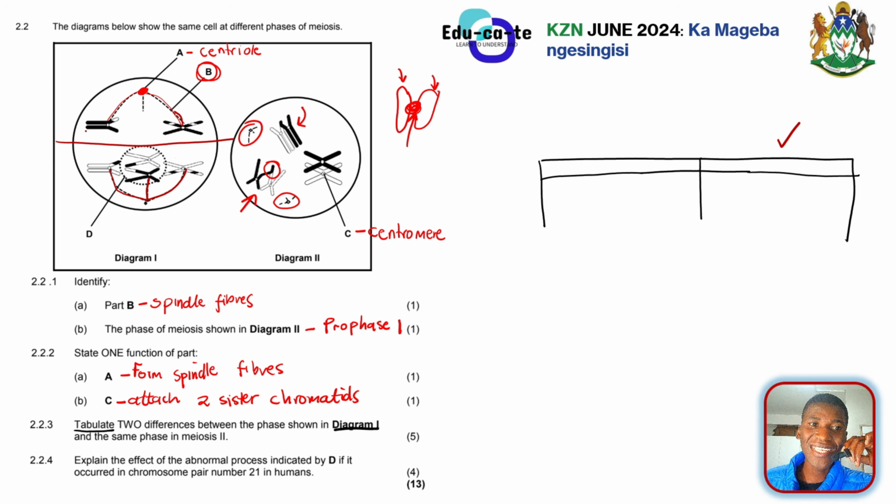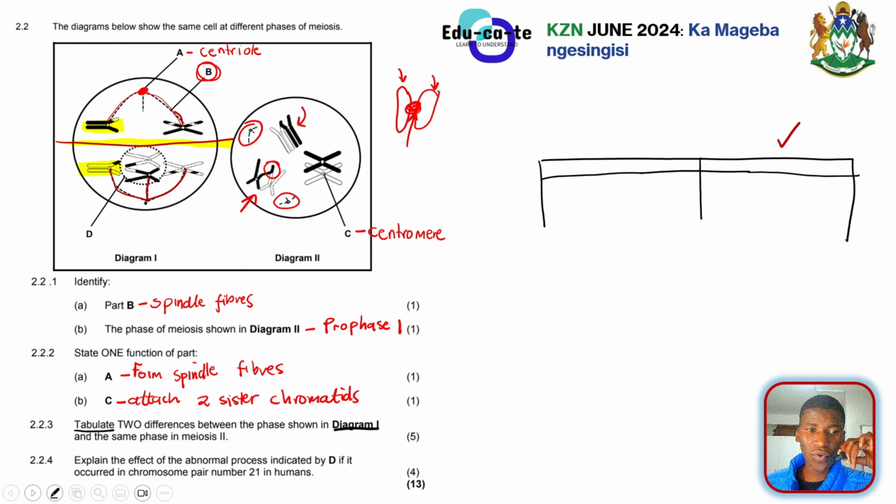Why is it anaphase 1? Because you can see that what has been separated is homologous chromosomes. If you look carefully here, you can see that these 2 chromosomes were actually lying together at the center of the cell, or at the equator of the cell. And then since they were pulled by spindle fibers to opposite sides of the cell, or to opposite poles, now they are separated. So when we separate homologous chromosomes, we say that is going to be anaphase 1.